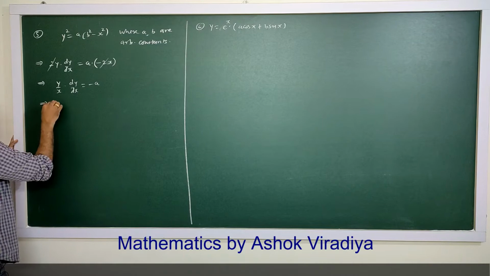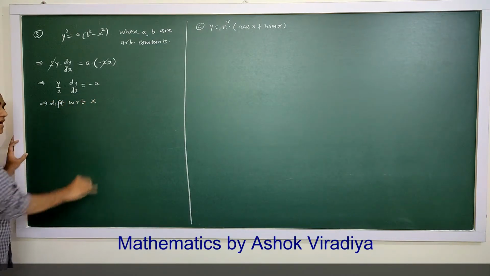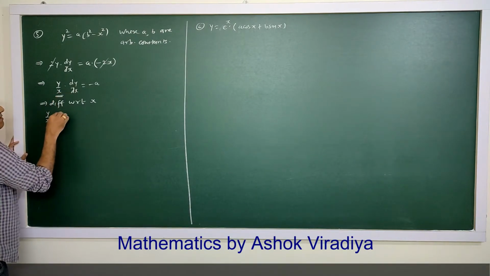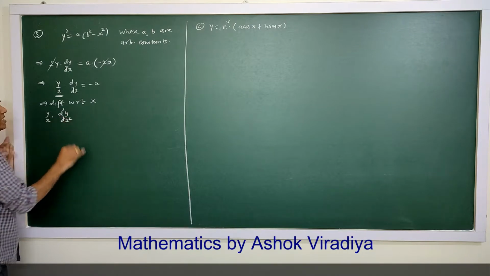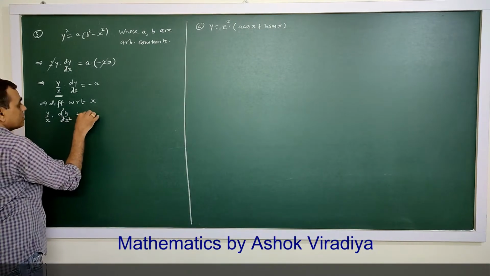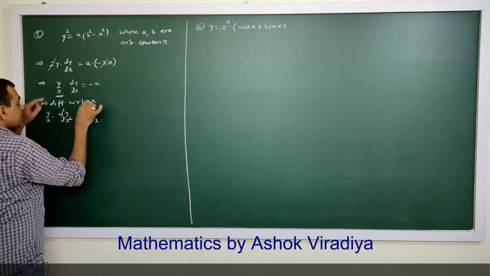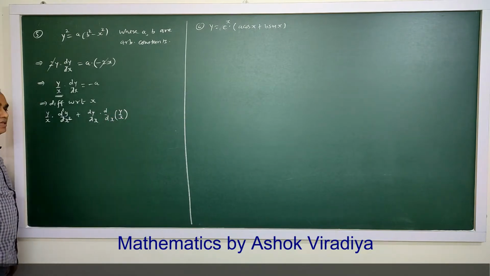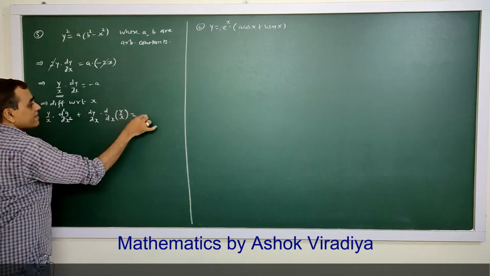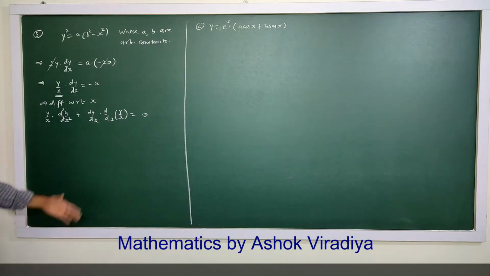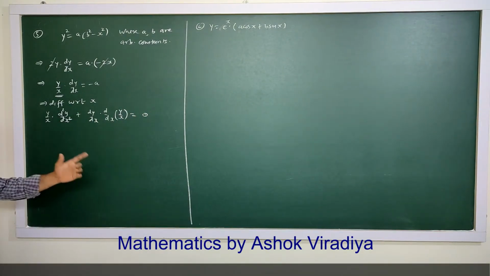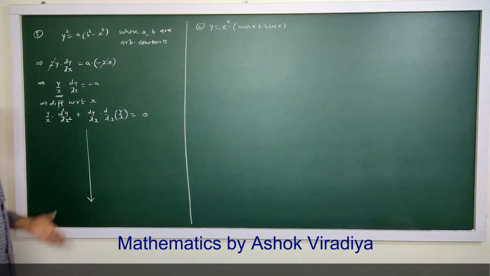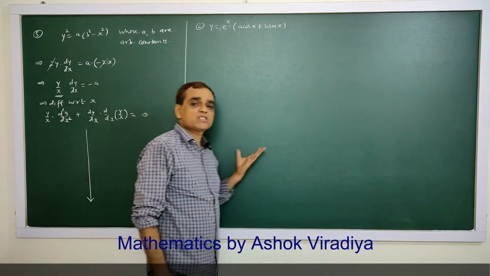So now differentiating with respect to x, u as it is, derivative of dy by dx is d square y by dx square plus dy by dx as it is, its derivative is d by dx of y by x. It is equal to, now its derivative is 0. Now we have similar as last question. So you can now finish here. Same ditto calculation which was in last question.